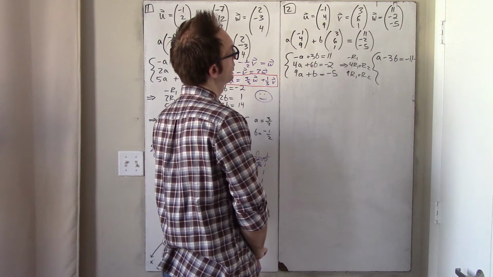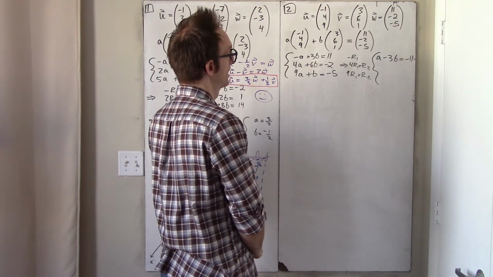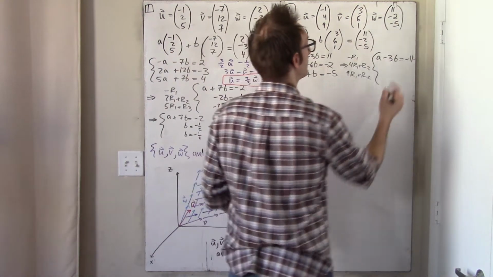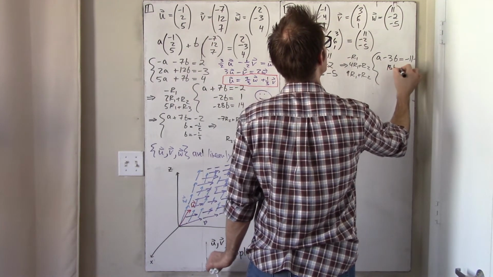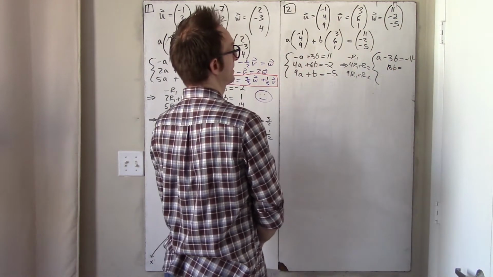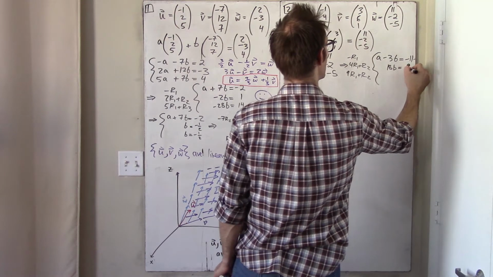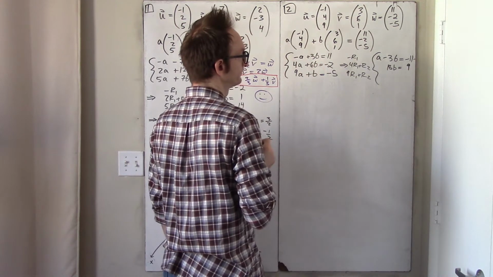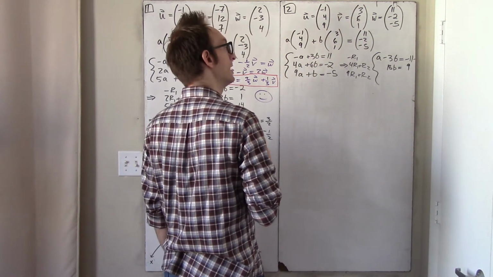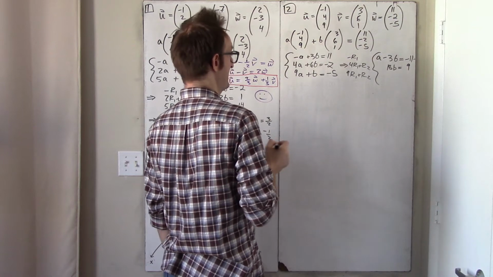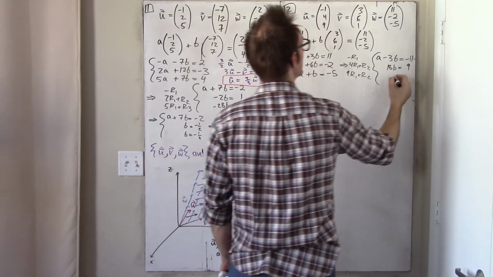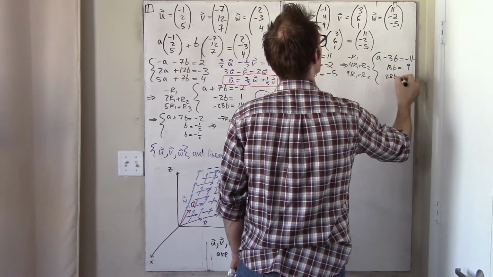Anyway, boom, boom, 12, no. Yeah, 18b, I guess, yeah. 18b equals 9. And, let's see, and now, zoom, zoom, 28b equals